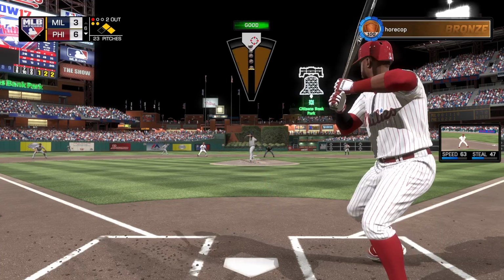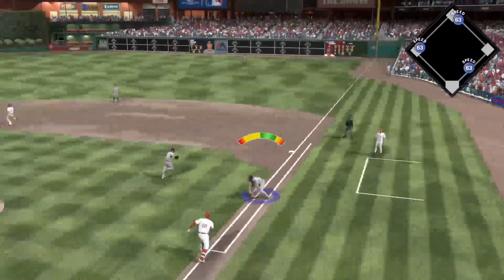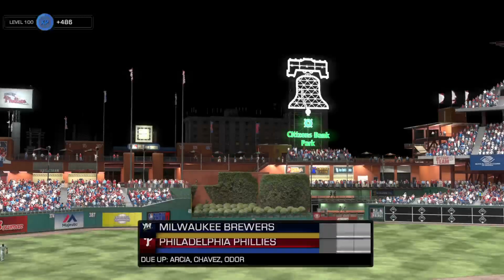I like this. You got to get this out here. You don't want them to drive in a run, and you go down 4. You keep it at 3, you still got a chance to break it open and win on a big inning. Throw on to first is in time, and the Phillies are...